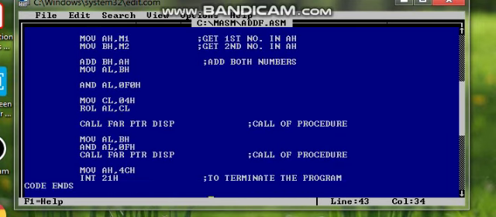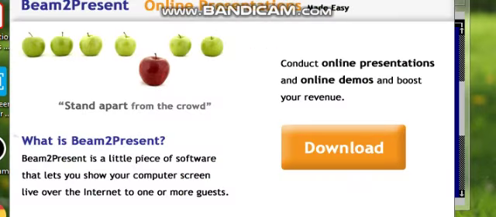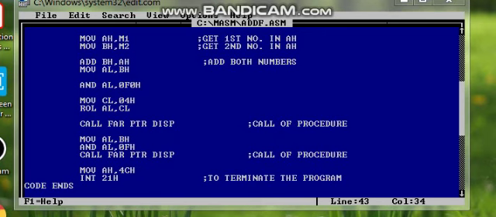Now here we have taken the first input in AH, the second input in BH register, add this BH and AH, and the result is stored in BH here, and from the BH it is stored in the AL register.